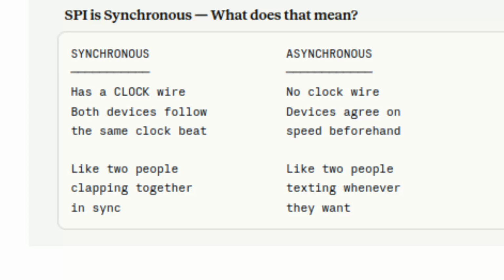So what did I mean by saying it's synchronous? It means it has a clock wire. That is what you have to understand. There is a clock wire and the devices follow according to this clock beat. Devices are following according to the clock beat. Understood? So this much we have understood about our